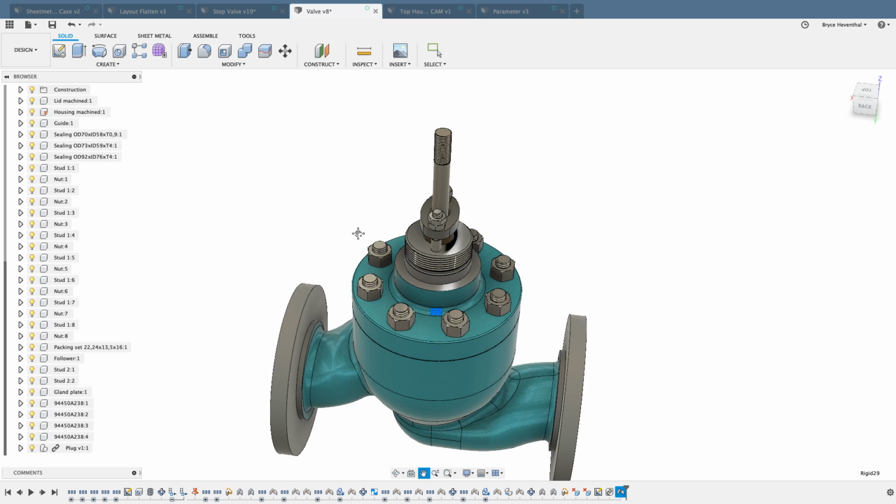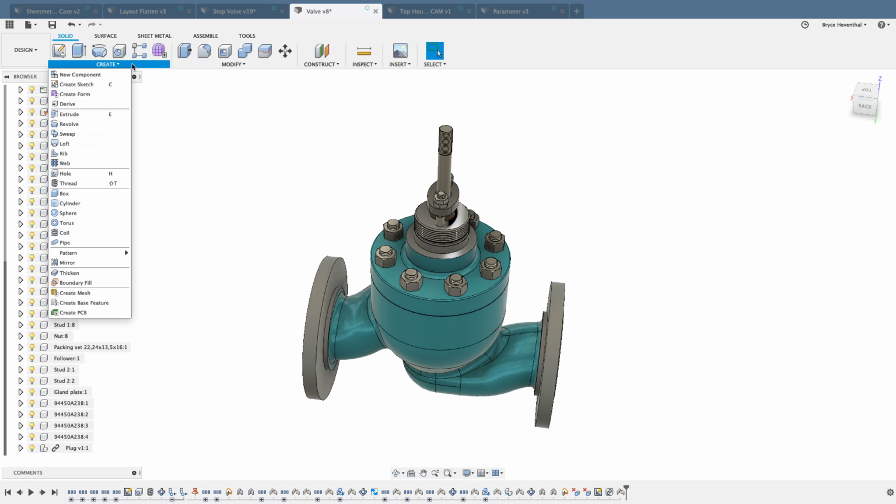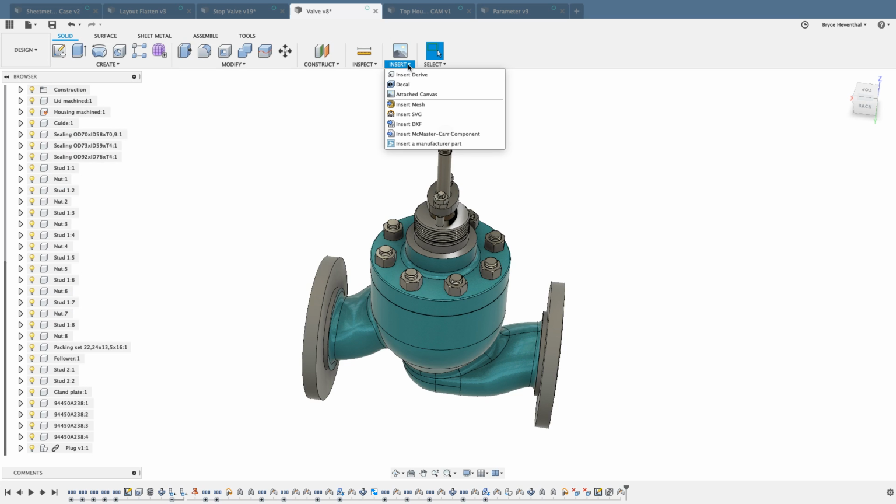But now we have a couple different workflows called Derive. So in this case, we have two ones called Create and Insert. And I'm going to explain the differences of these through this demonstration, a couple different scenarios. So if I want to go grab something from another Fusion 360 design, I can simply say I want to insert